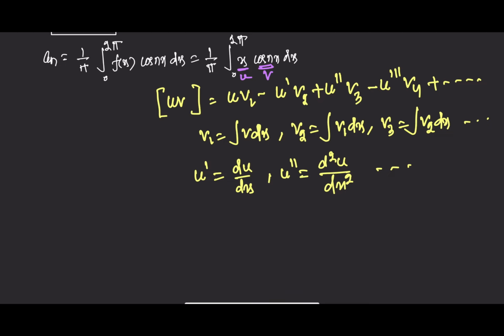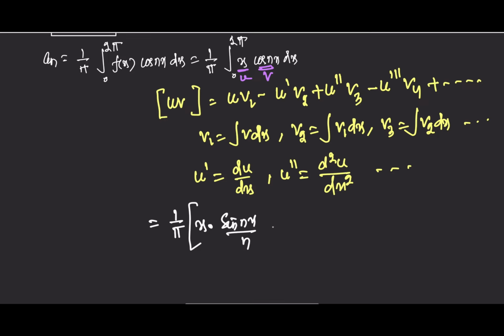Okay. So the integration becomes 1 by pi. First term is uv1, u is x, and v1 is integration of v dx, v is cos nx. So integration of cos nx is sin nx by n. And the second term is minus u dash v2, and the u dash is derivative of x, that is 1. Here v1 is sin nx by n. So integration of sin nx by n is,